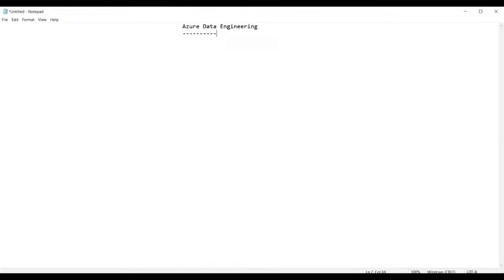So basically, Azure Data Engineering is packed in the form of services. In the form of what? Services. The following are the various services provided for various operations in Azure Data Engineering. Let us see what is the first one. We have the first one here as